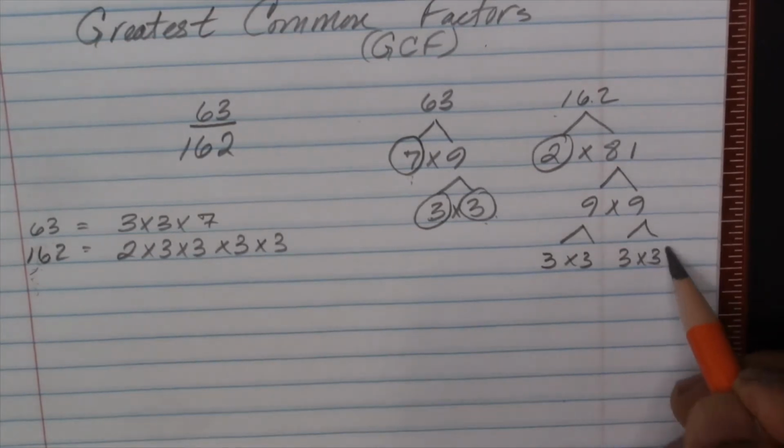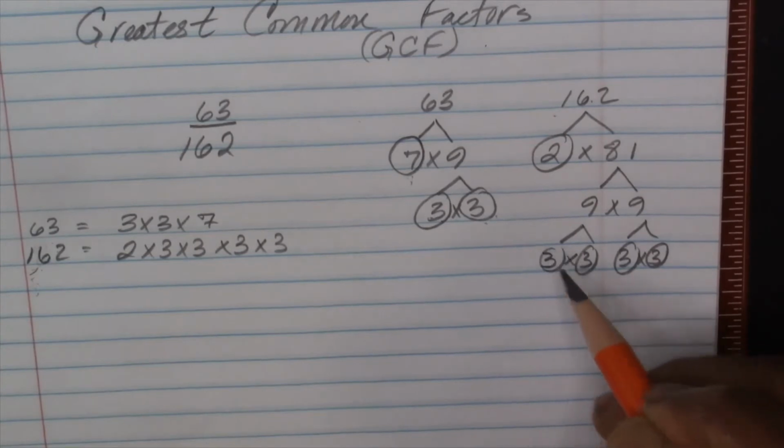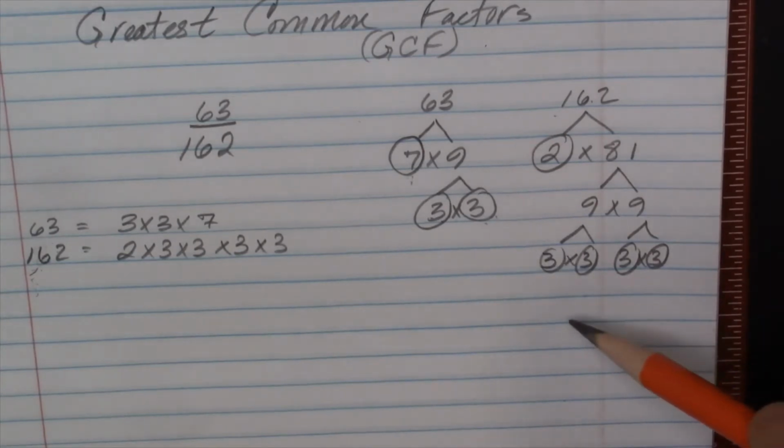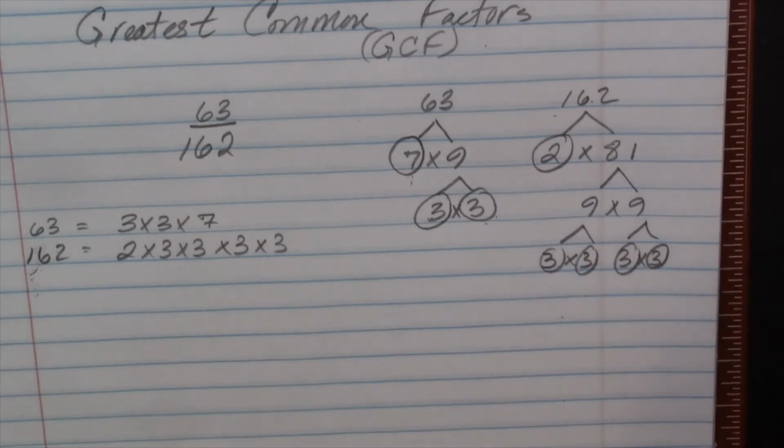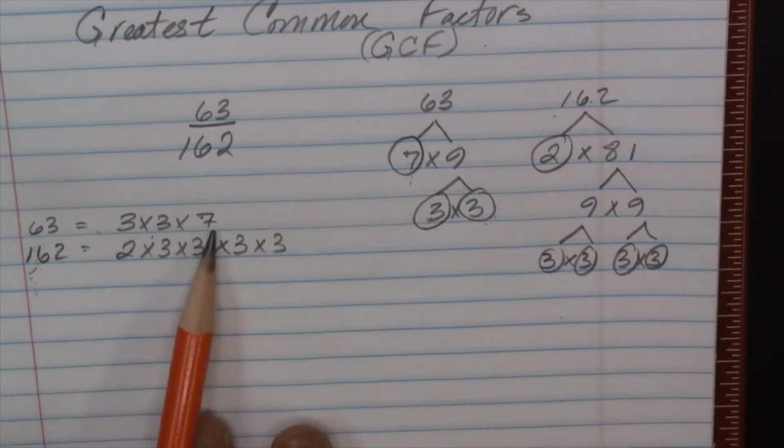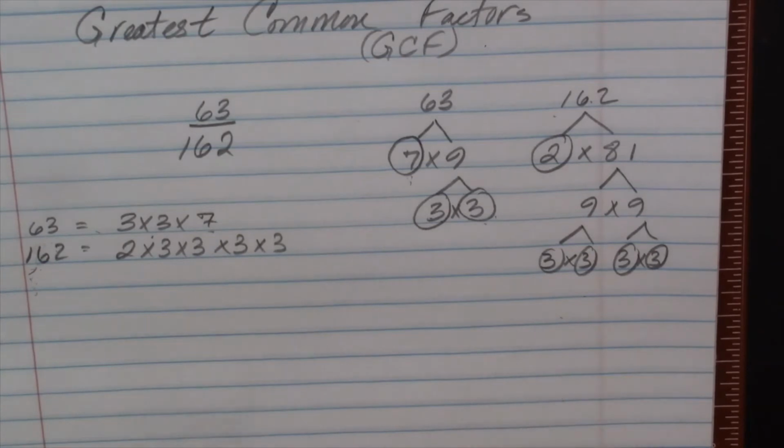And you can always check it. You can go 3 times 3 is 9, times 3 is 27, times 3 is 81, times 2 is 162. And you can go 3 times 3 is 9, times 7 is 63. Now, once we're here,